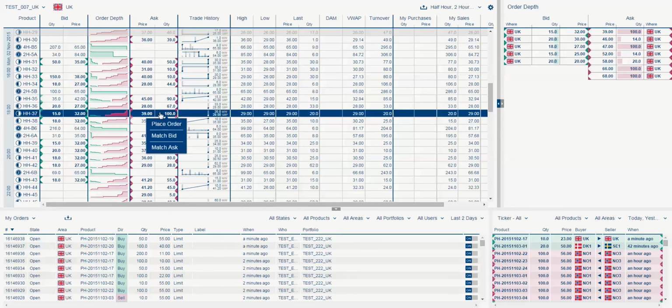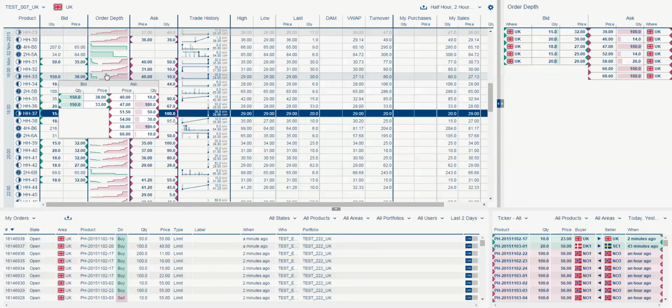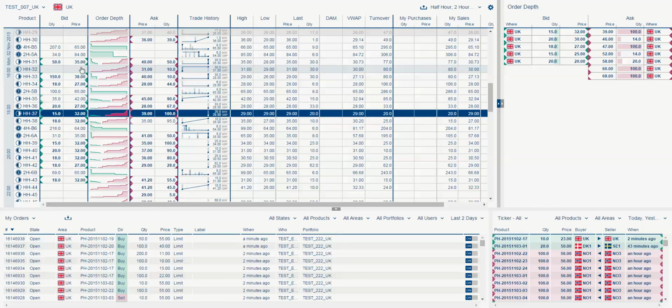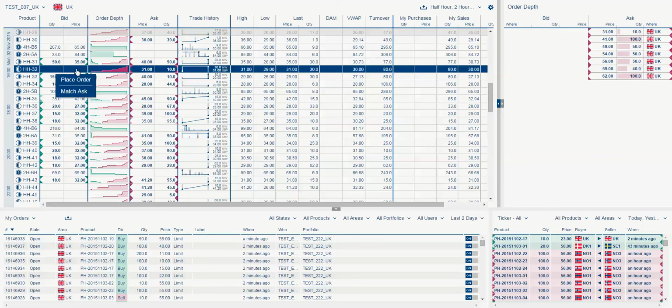Just to add a bit more depth on screen so we can view the order depth here. So there are a few ways of entering orders onto the screen. One way is, obviously we've got some liquidity there, I can hit an order. I can just double click or select. Double click will open a panel directly. If I just click once, I get this option here. Okay, I can match on the ask side, or I could place my own order. So if I hit on place order,